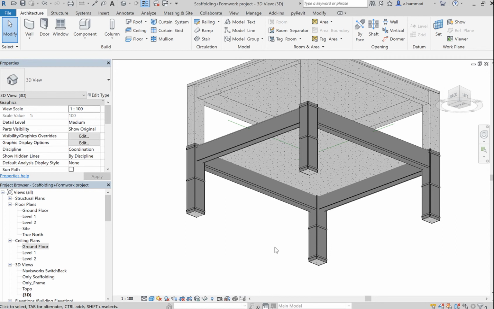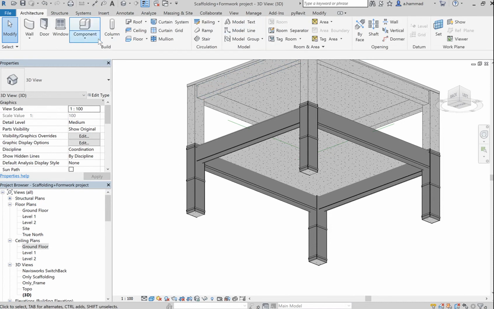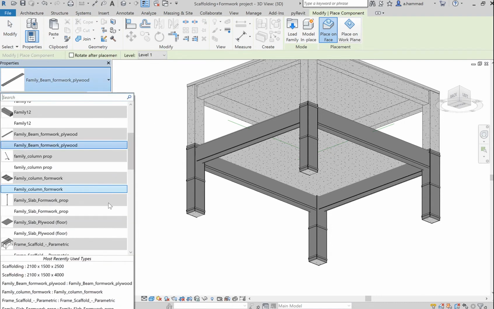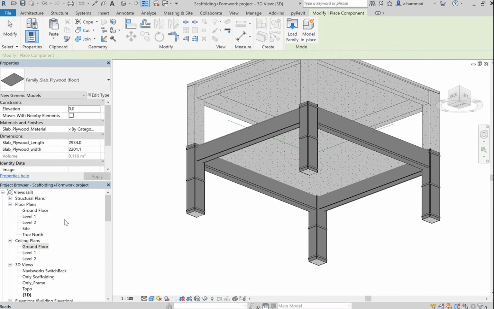The final part of the plywood sheeting that remains is the one that is associated with our slab. So to do that, again, make sure you've loaded your families, the slab plywood family, from Insert and then Load Family. And once this is done, if you click on Component, Place a Component, and then use this arrow, you can go and select your